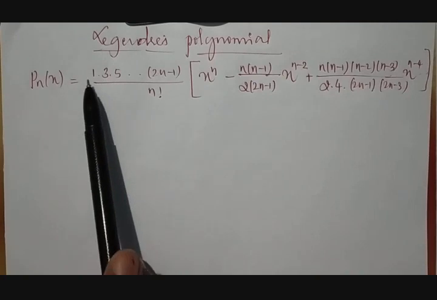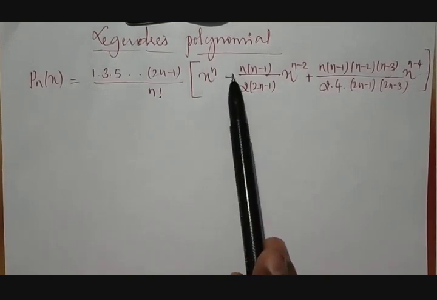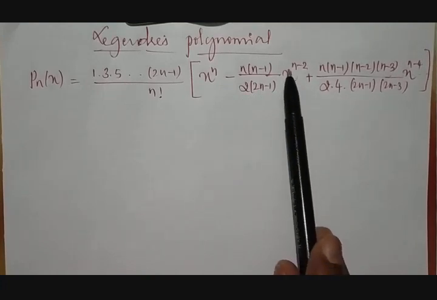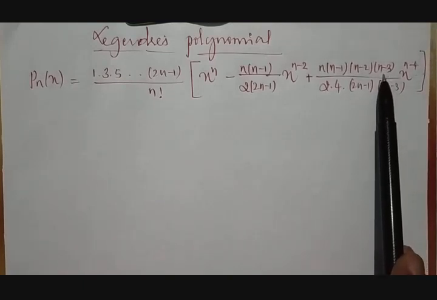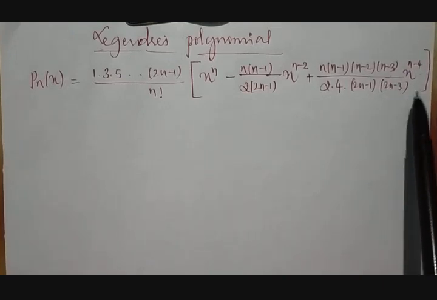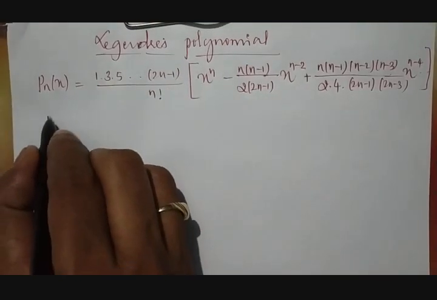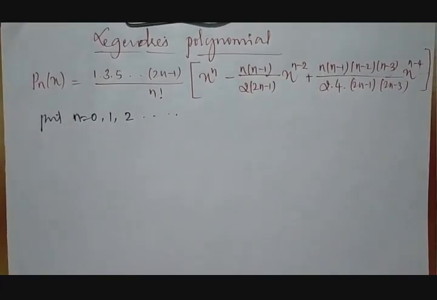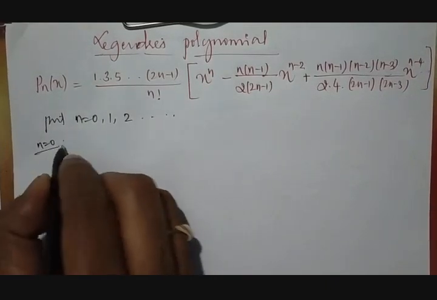So based on that result, we can go through this equation. Pn of x is equal to 1 into 3 into 5 up to 2n minus 1 divided by n factorial into x raised to n, minus n into n minus 1 divided by 2 times 2n minus 1 into x raised to n minus 2, plus n into n minus 1 into n minus 2 into n minus 3 divided by 2 into 4 into 2n minus 1 into 2n minus 3 into x raised to n minus 4 and so on. In this case, if you substitute the values of n equal to 0, 1, 2 and so on, then what happens? If we substitute the value of n equal to 0 in this equation,